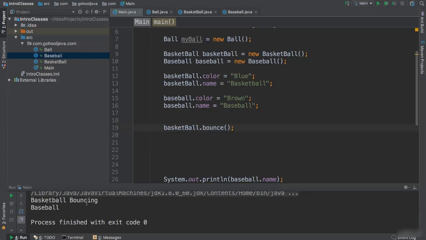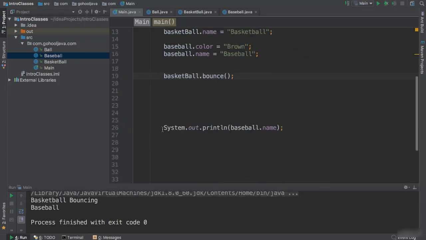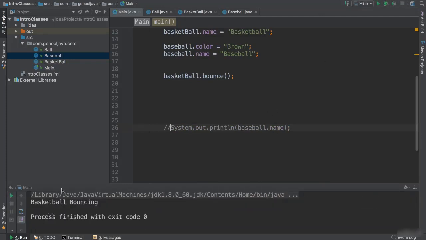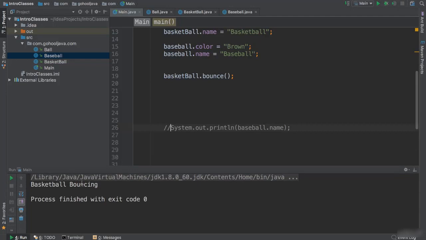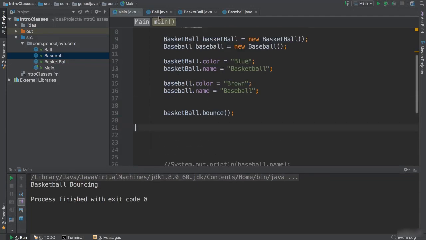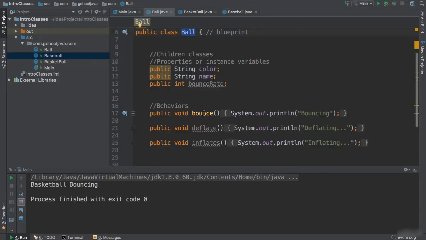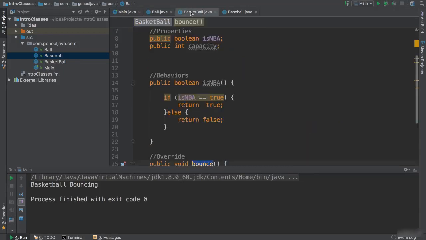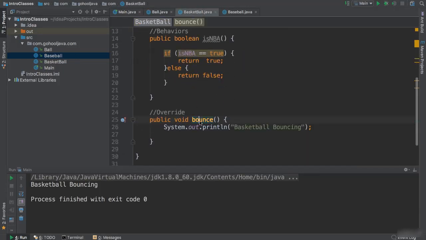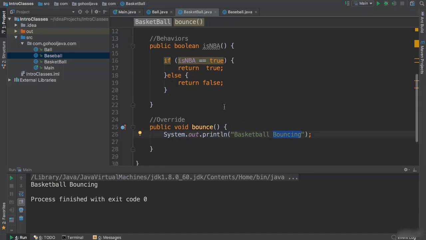It says basketball bouncing. Let's go ahead and run again just to make sure we are clean here. We don't have a lot of code showing. Say basketball bouncing, right? Why? Well, because it has another bounce here in our parent. But since we have said, you know what, we don't want to just bounce like our parent. I'm a basketball, not just a ball. I want my own bouncing here. Okay, so now we are customizing our basketball, even though it has all of the properties and methods or behaviors